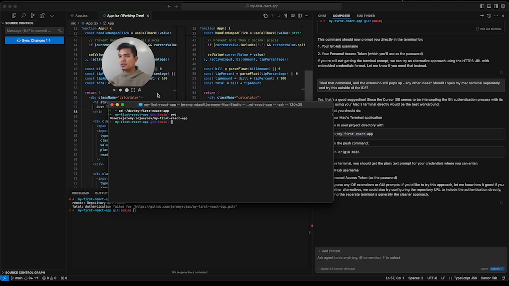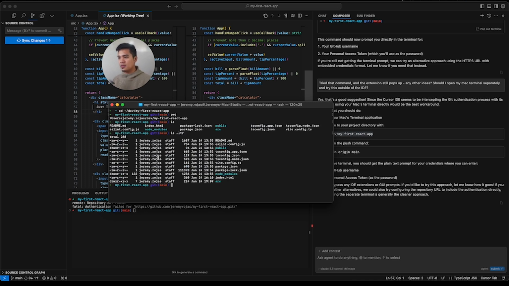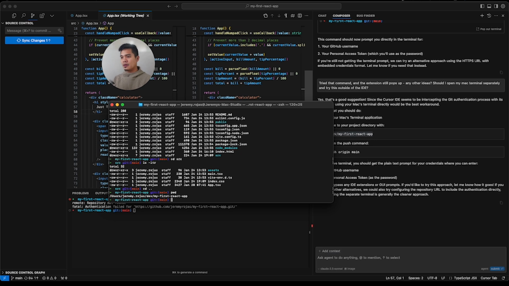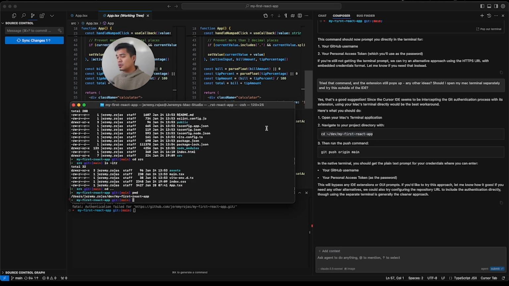So we are in our my first React app folder, meaning you can see all the files by doing an ls. I like to do ls -ltr, which shows the permissions and the date at which things were modified, and you can see the different files over here, which are in white, and the folders are in blue. So if you want to go into a folder, this is just a quick terminal basic lesson, you can do cd src to go into the source folder. You want to see what's in the source folder, do ls, and you can see what's in there. If you want to go back to the main folder, do cd and put two dots. Now you are back in our main my first React app folder, which is where we're going to do the